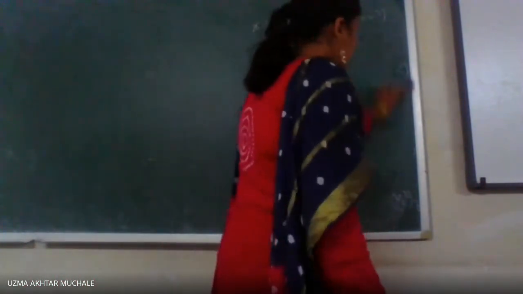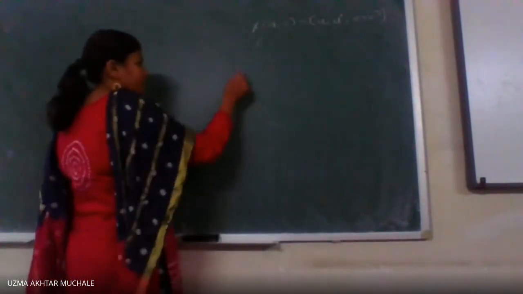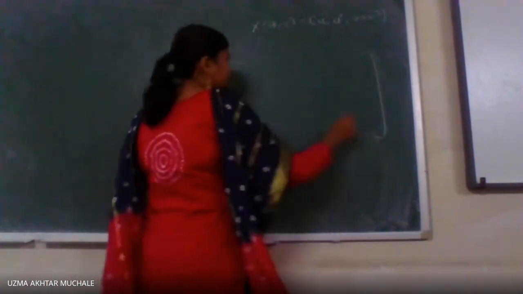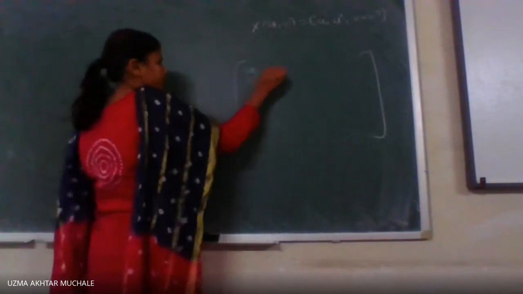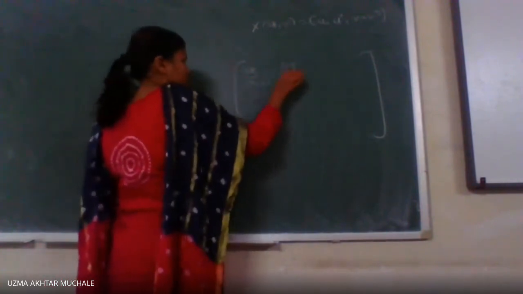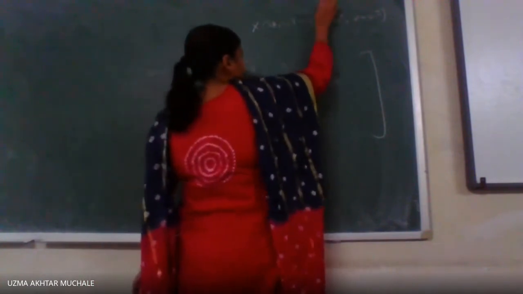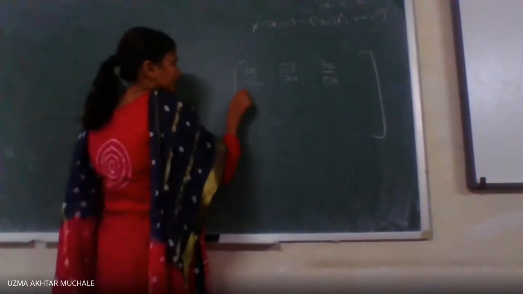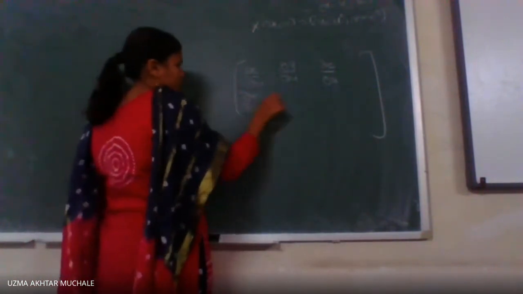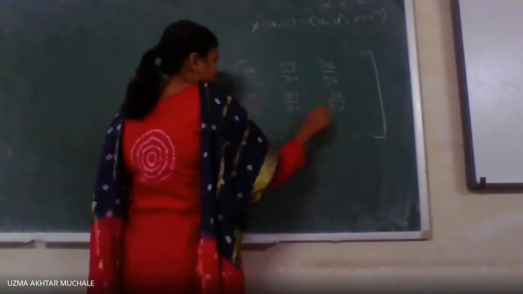Now if I want to show it is a coordinate patch or patch, we have to show the mapping is regular. How to show the mapping is regular? We have to find the Jacobian matrix. The first row is the derivative with respect to u: dou x by dou u, dou y by dou u, dou z by dou u. These I am calling x, y, and z. The next row is dou x by dou v, dou y by dou v, dou z by dou v.